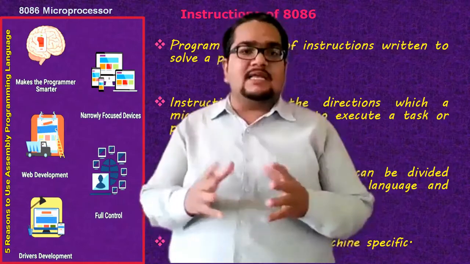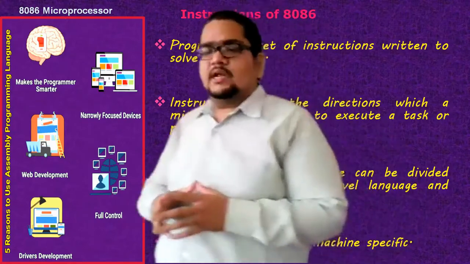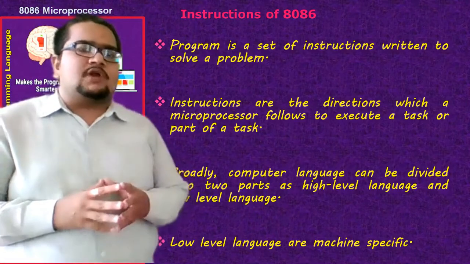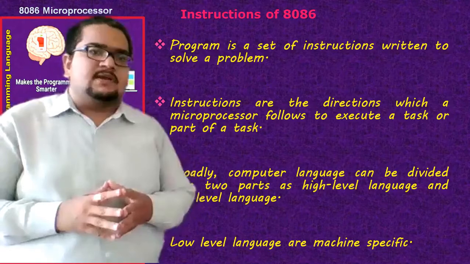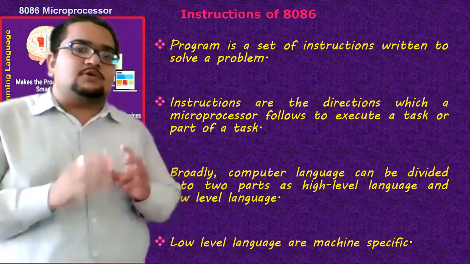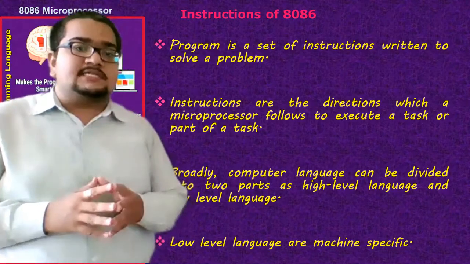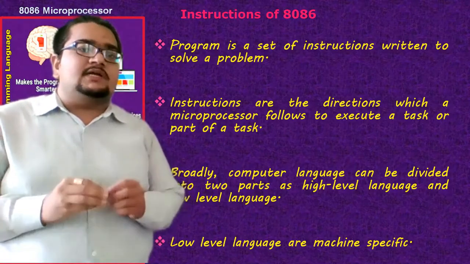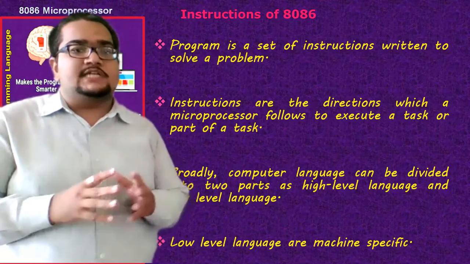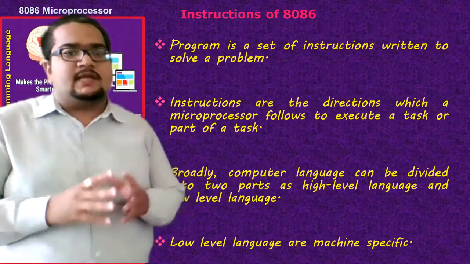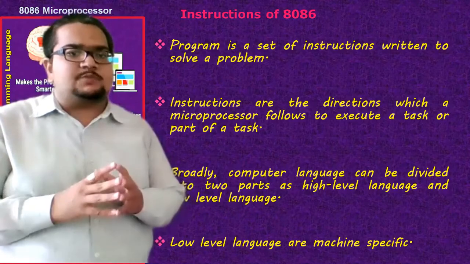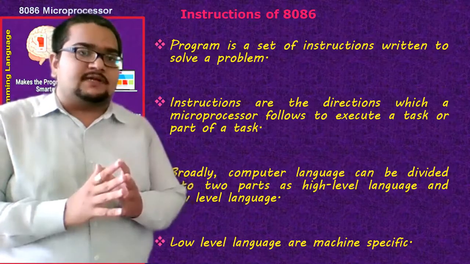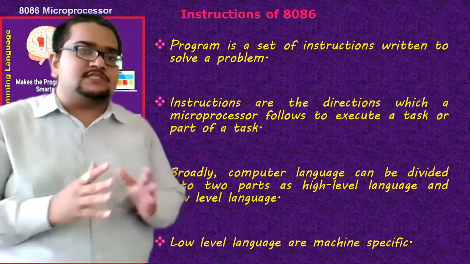Other higher level languages are very general in nature. By using higher level languages, you can write a program for any computer, any type of processor. But assembly language program instructions are dedicated to that hardware only. Like the 8086 instruction set, which we'll be checking out in this unit 1, will be slightly different from the 8051 assembly language instructions in unit 2. Assembly language instructions and programming are always processor specific, hardware specific. The instructions change if you change the processor.